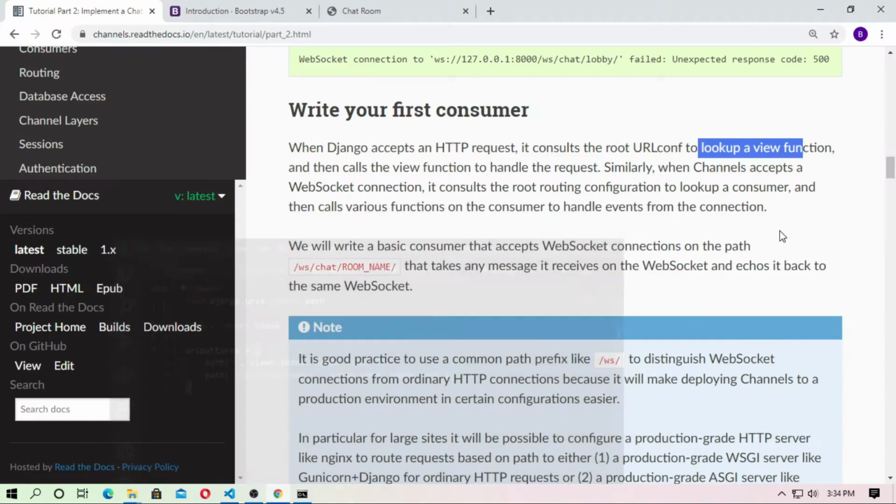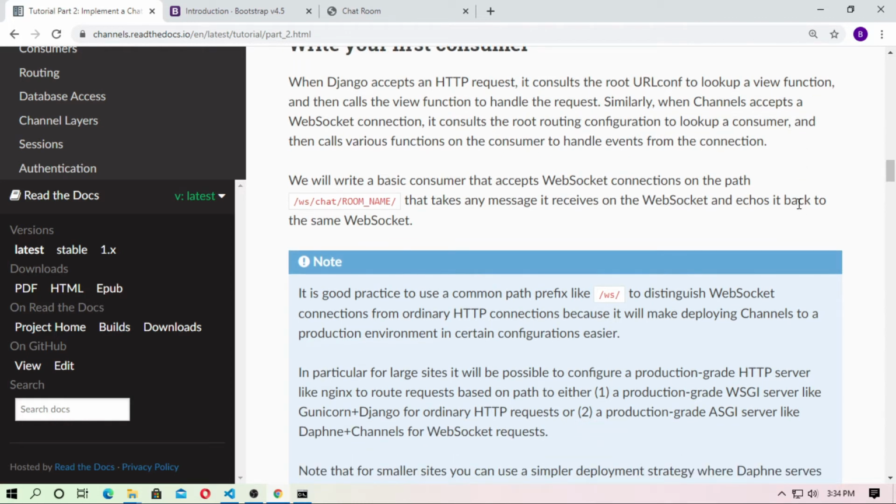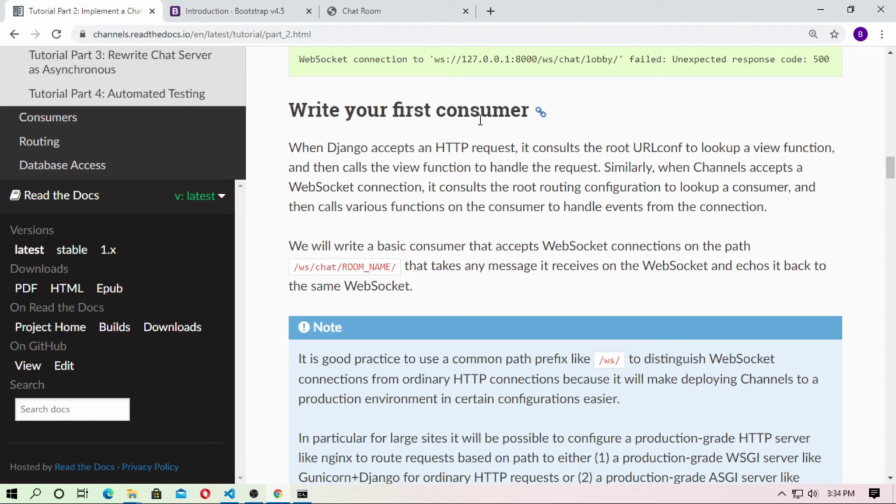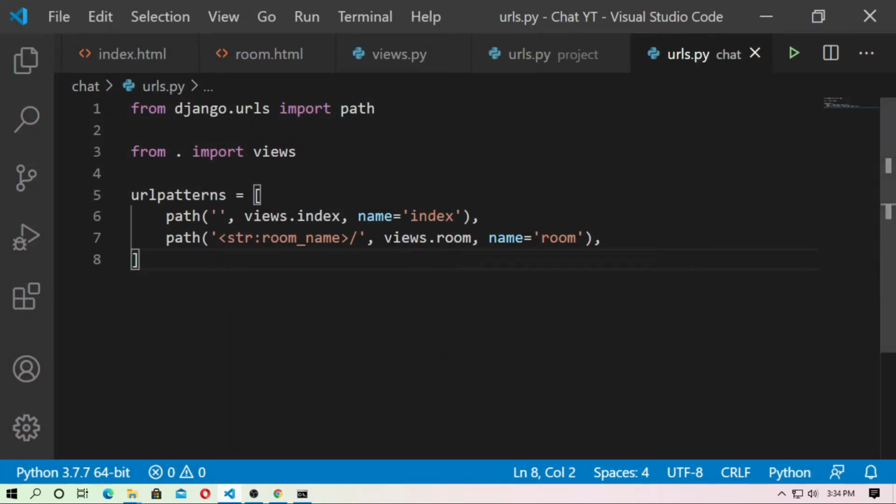Similarly, when Django Channels accepts a WebSocket connection, it consults a root routing configuration to look up a consumer, and then calls various functions on the consumer to handle events from the connection. So we are using Django Channels, so we have to create the consumer. In case we just use the views function for the simple URL pattern.